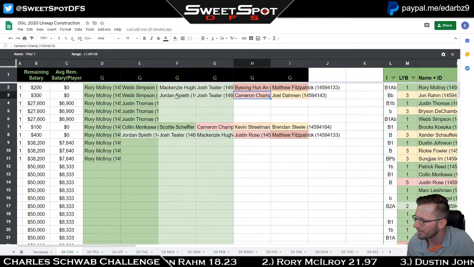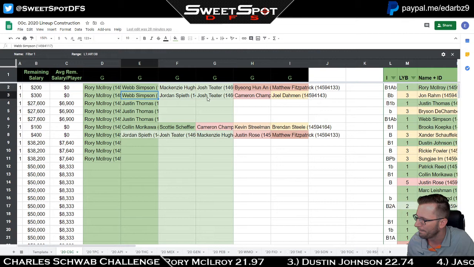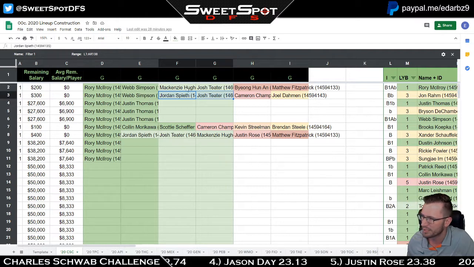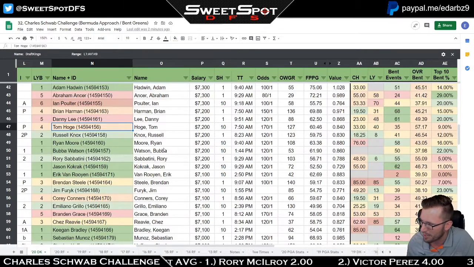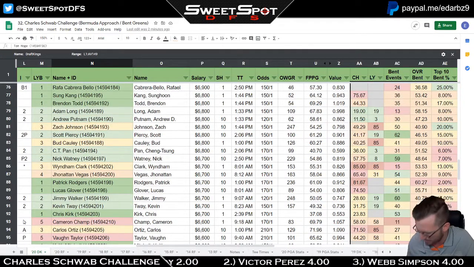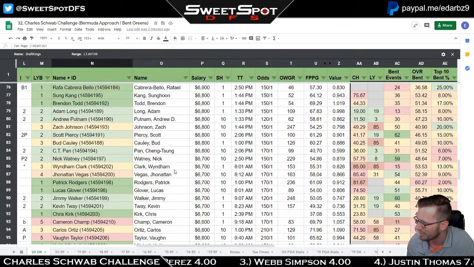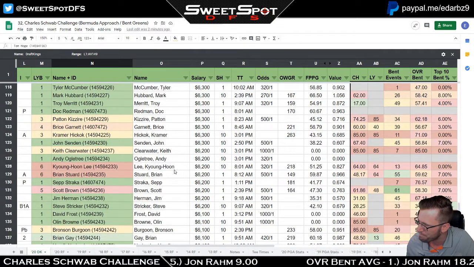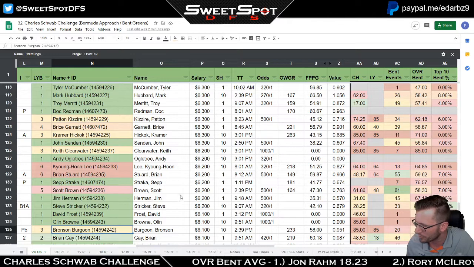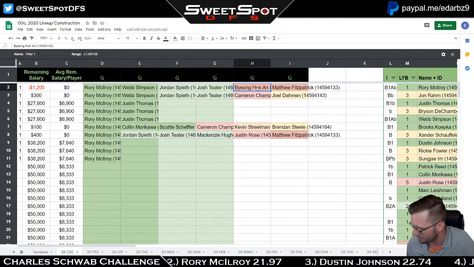So really, what I could have done, I'm going to do this. By the way, this also up here, it works. That's another lineup that would work. I'm going to go ahead and do this because I didn't actually need to find Cam Champ. I ended up choosing Cam Champ because he was a birdie or better, and I thought I needed a birdie or better, but I didn't. I just needed a proximity golfer that wasn't a 1 or a 2. I mean, even Bronson Burgoon would work. He's proximity and